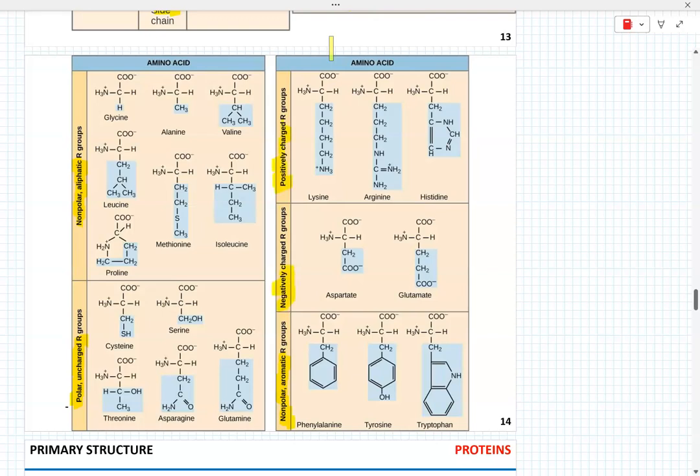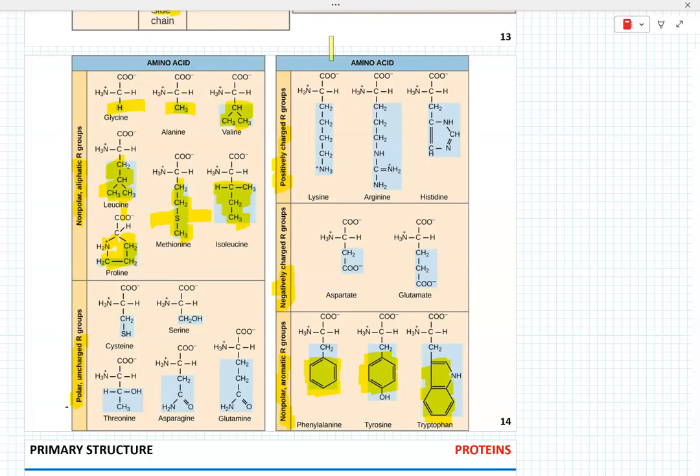If you look at nonpolar aliphatic, you can see that they only contain basically carbon and hydrogen in the side chains, except for methionine, which contains sulfur, and they do not have aromatic rings. Nonpolar aromatic amino acids contain aromatic rings, such as phenylalanine or tyrosine or tryptophan, which is aromatic